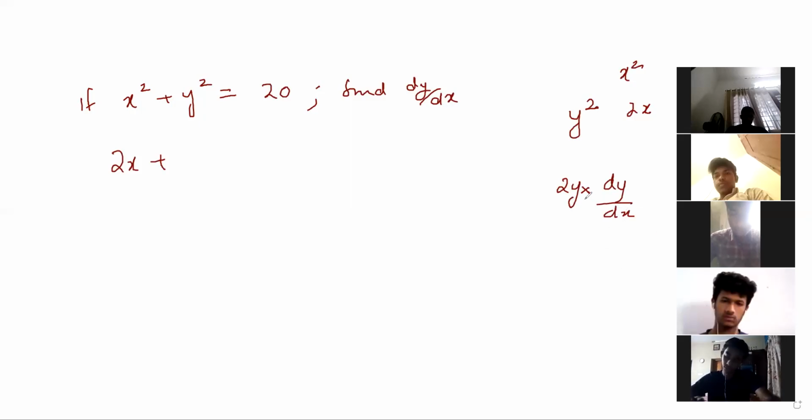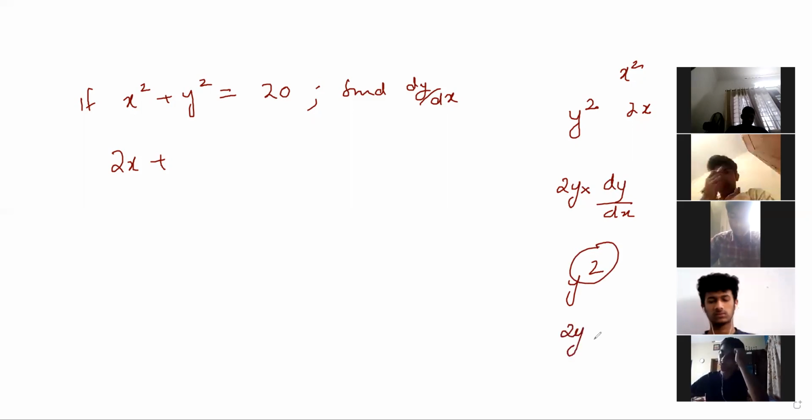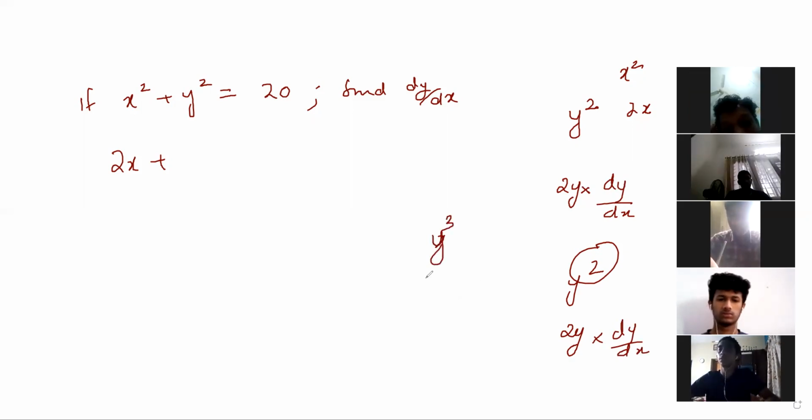That is where you have to be careful. Understood? Whenever derivative of y is coming, you have to multiply with dy by dx. Okay, teacher. After taking the derivative, you have to multiply by dy by dx. So if it is y square, take the derivative of square. When square is coming, it is 2y, isn't it? Then multiply with dy by dx. Suppose the question was y cube, how will you do? If it is y cube, how will you take the derivative? 3y square, isn't it? Into dy by dx. That is the thing you have to remember. Whenever there is derivative of y coming, you have to multiply with dy by dx.